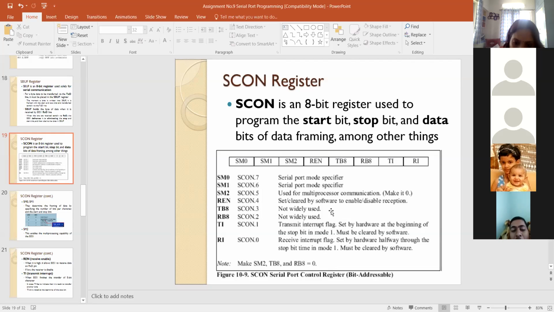TMOD register and TH1 register are already shared, so only the SCON register was remaining. So SCON register 50H. Now, this ASCII value we transfer into the accumulator, and then a statement called CALL TRANS is there. That is a subroutine called after each character. What will it do? It will go over here. It will transfer the value of the accumulator into the SBUF buffer register.